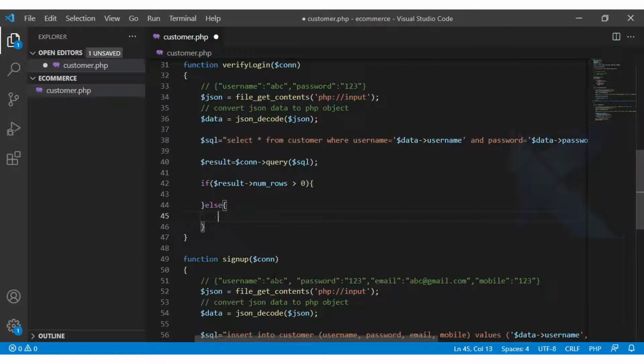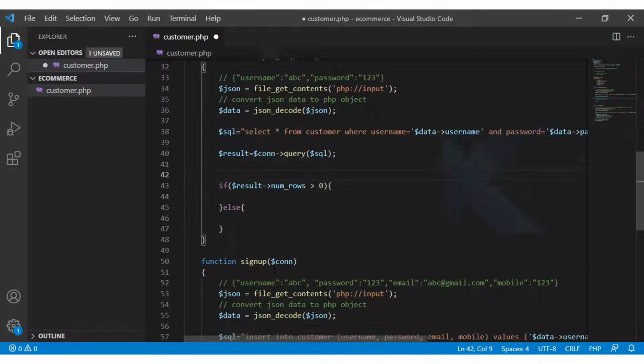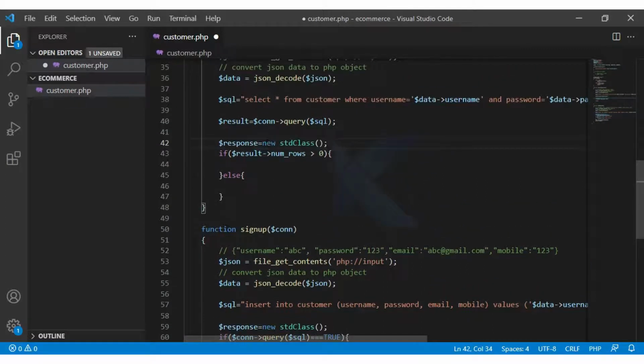In the else part you can return some error. Here we are going to create a response object similar to the sign up method, and it will have a message.